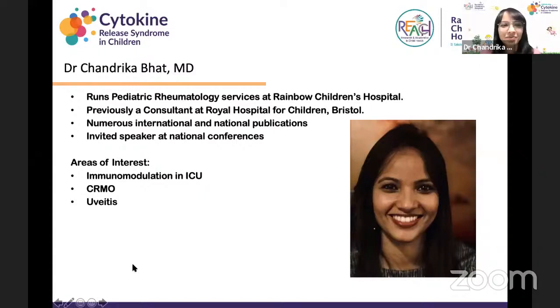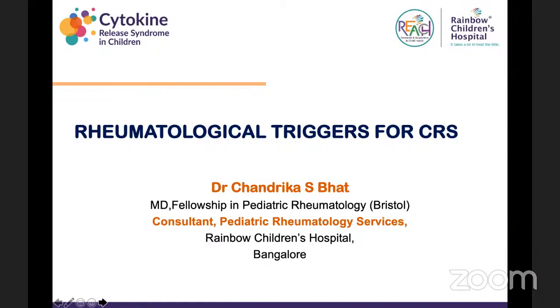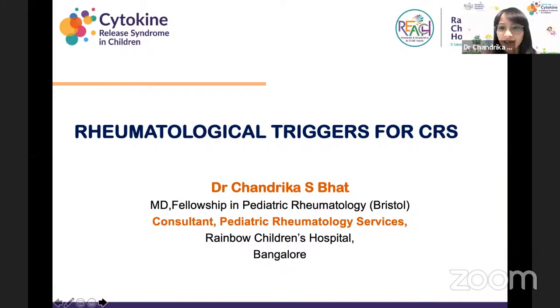Thank you, sir. So good evening, everyone. What I'll do today is talk about some of the rheumatological triggers for cytokine storm in children. Can I request everyone to kindly keep yourselves on mute, please? We've had innumerable talks yesterday discussing various triggers that we see for cytokine storm, ranging from infections, and especially in the Indian scenario, dengue is a major problem where children present with hyperferritinemia. But what I would like to highlight with my talk is that when you see a sick child in ICU presenting with multi-organ dysfunction, also think of rheumatological triggers which can lead to a similar presentation